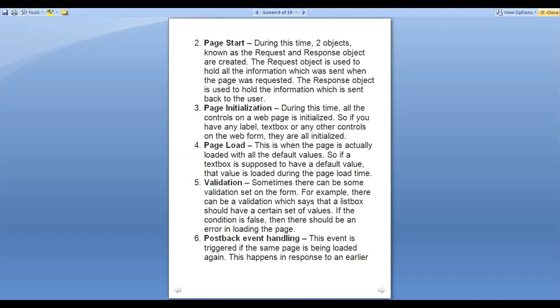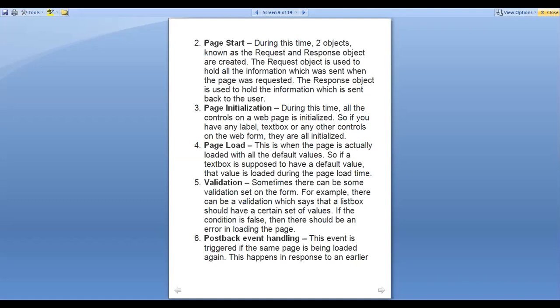I have entered data within a form, and now we have clicked on that submit button. So when we click on that submit button, I need to send that complete data to the server first. And for sending the data to the server, which event are we using? Button click event. For the button click event, we will generate one event handler, and within that event handler we will put the complete code for submitting that data, or you can say registering that data. And that is nothing but postback event handling.